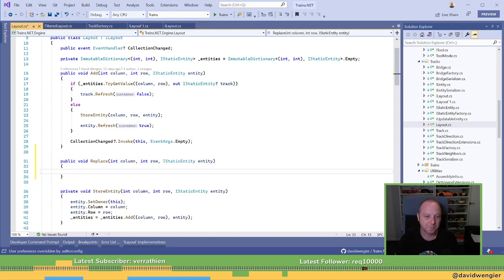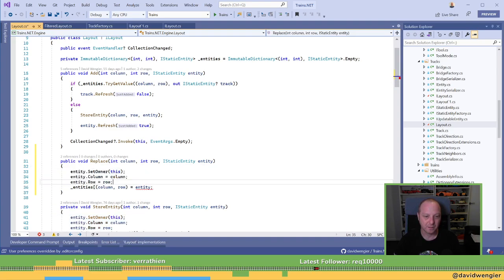Right, so this pretty much is just gonna go entities column row equals entity, right? I guess we have to store it, which means doing that.